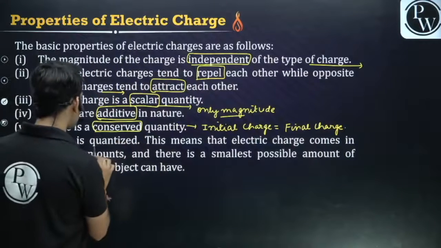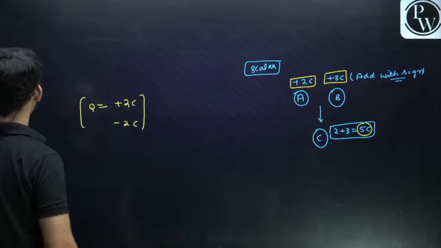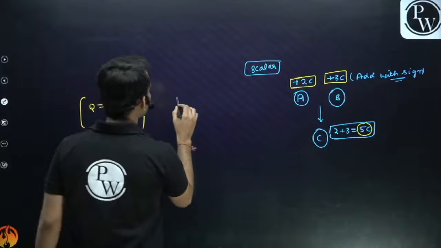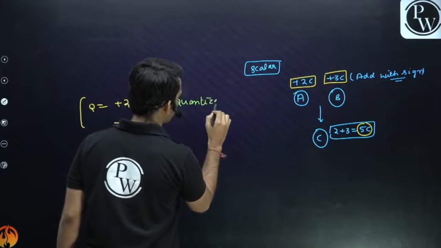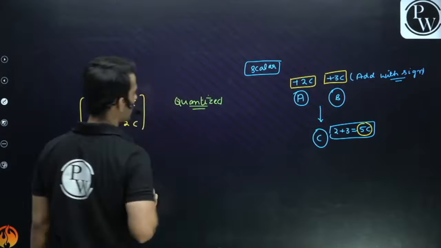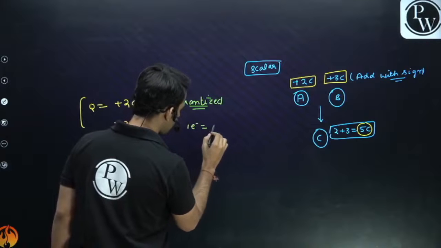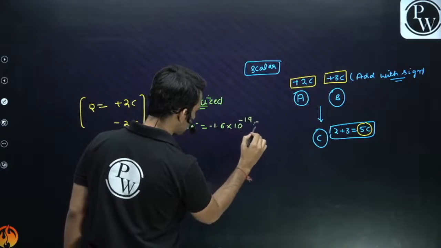Charge is quantized. Now what is the meaning of this? Important. This is very, very important, guys. Now listen to me very, very carefully. Charge is quantized. What is the meaning of this? See, basically one electron is having a charge of negative 1.6 into 10 to the power minus 19 coulomb,